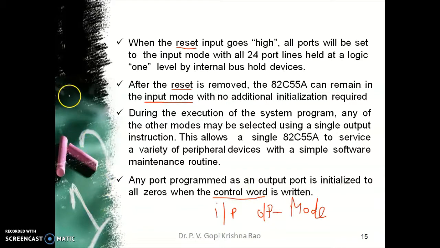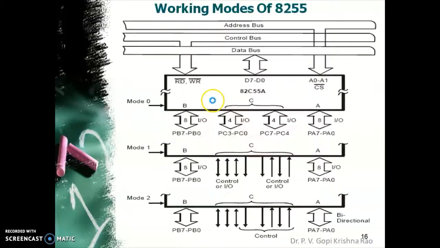To define that, you have to use a register called CWR, also called control word register, which defines whether you are operating in IO mode or BSR mode, and also defines whether you are operating in mode 0, mode 1 or mode 2 in IO mode of operation. So when we look at this detailed diagram of modes of operation of 8255,